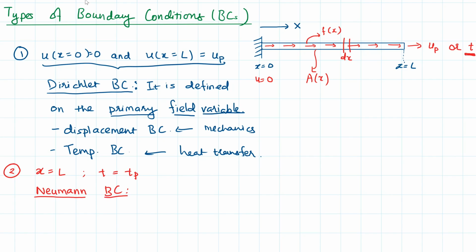So as you have seen, Dirichlet boundary condition is defined on the primary field variable. The Neumann boundary condition is defined on the secondary field variable. And secondary field variable is simply the partial of our primary field variable with respect to the spatial coordinate x. Okay, so in this case it will be partial of our displacement u with respect to x. Okay,